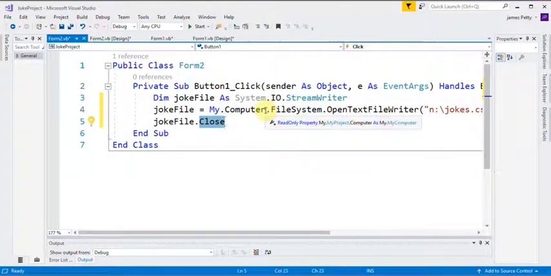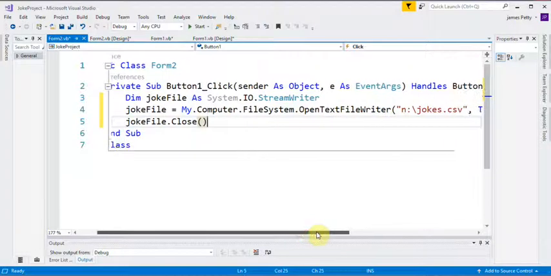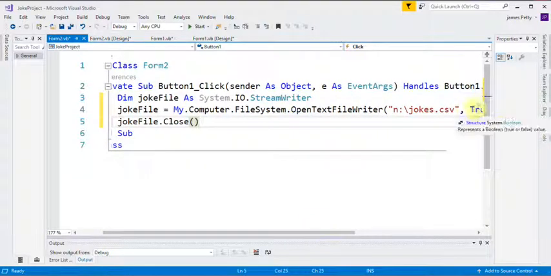Okay, so at the moment it's not going to do much, but we've done the hard part now. That's all the technical side. I'd like you to just move it to there. Whatever you do, don't forget the true or you lose all your jokes. Add that in to your button one click on form 2. Don't forget, please, form 2. Away you go.